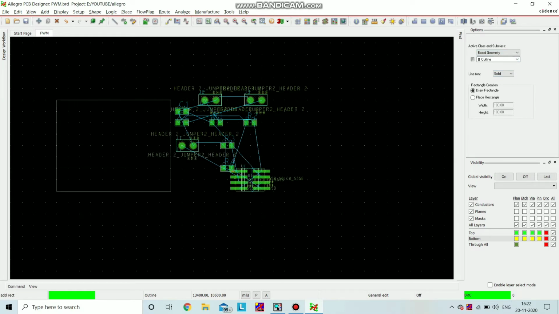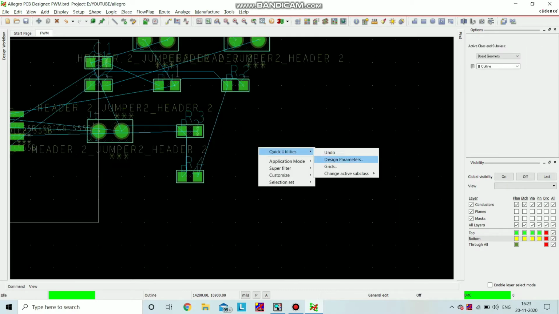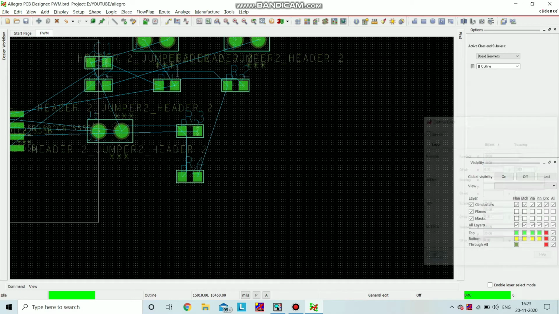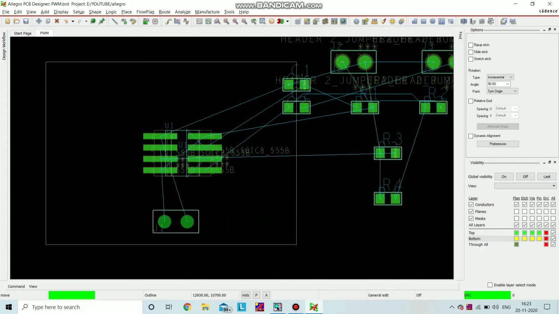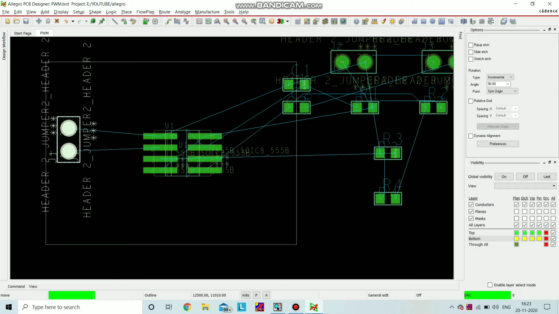So now I have to draw the board. This is the board outline. So the board outline is completed. Now we can place SMD components inside the board outline. Now I am placing the timer IC, the SMD timer IC. Now I'm changing the grid. Changing the grid is used to move the components very compactly. Otherwise the footprints will move grid to grid, so it is very convenient for movement.